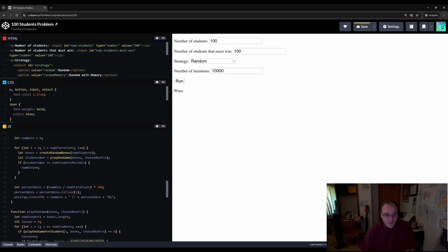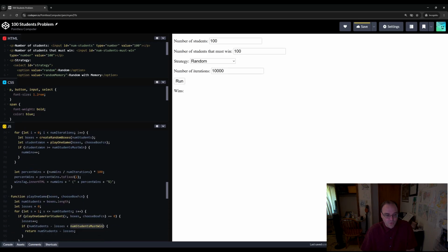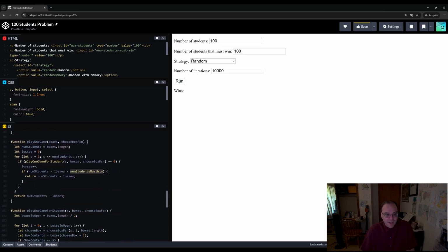It's actually defined in the other function up here. So this function doesn't have access to another function's variables. We'll fix that in a moment, but let's just logically think through this. Num students minus losses is the number of wins I have. It is the number of wins I have, but it's basically saying if this is less than the number of students that must win,